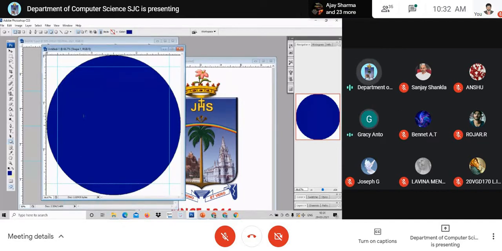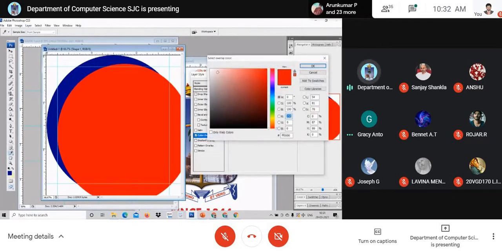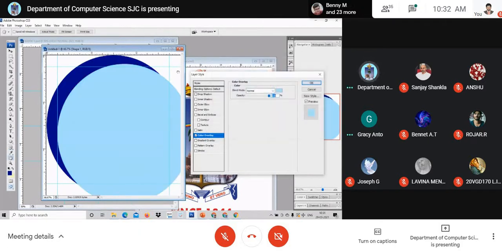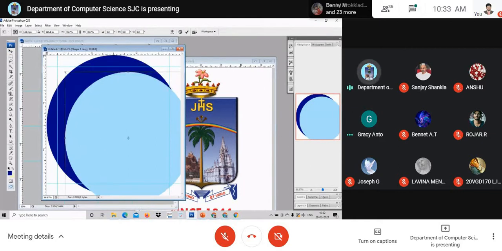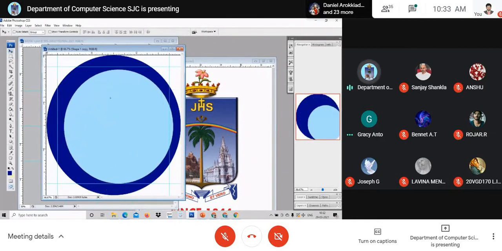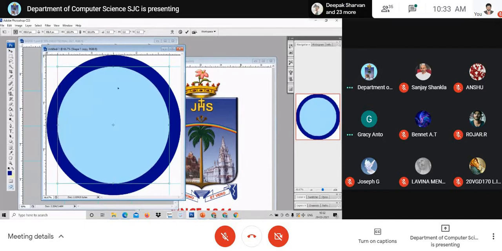Take up the same circle and press the Alt key, and you have another copy. Change the color into some light color. That has to be brought inside. See, I have brought a light color. Now reduce the size of it, touching upon all these sides. Keep it in one corner, and it has to touch every line. Clear? So the inner circle is ready.